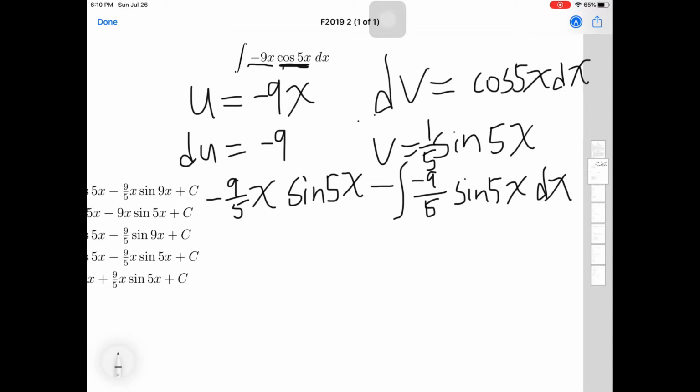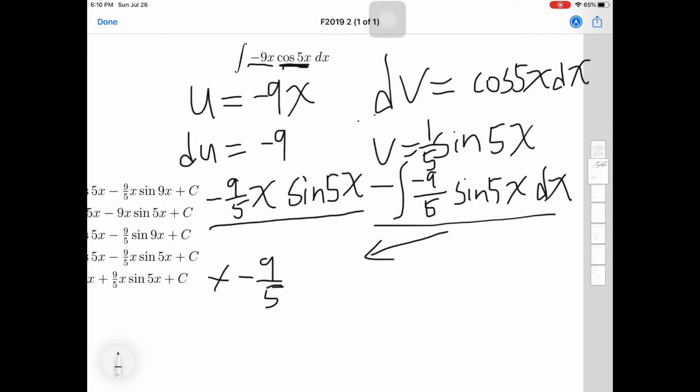That's a 5 again, and we take this integral. This part will stay the same, but let's take the integral here. So negative 9 over 5 I can take outside. The negatives will cancel out for now, and then when I take the integral,